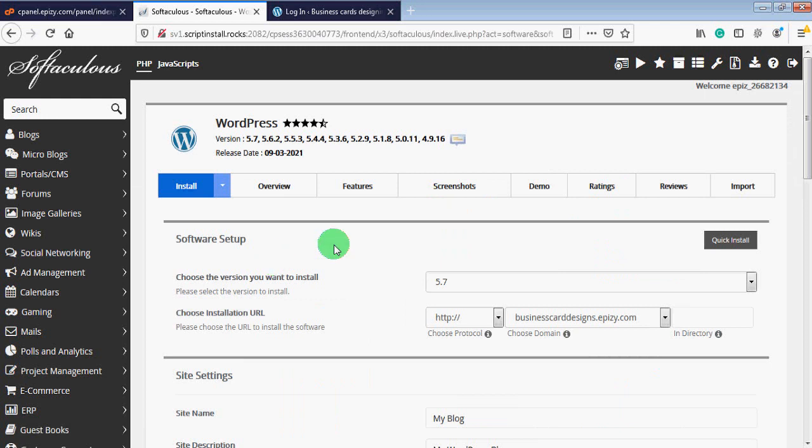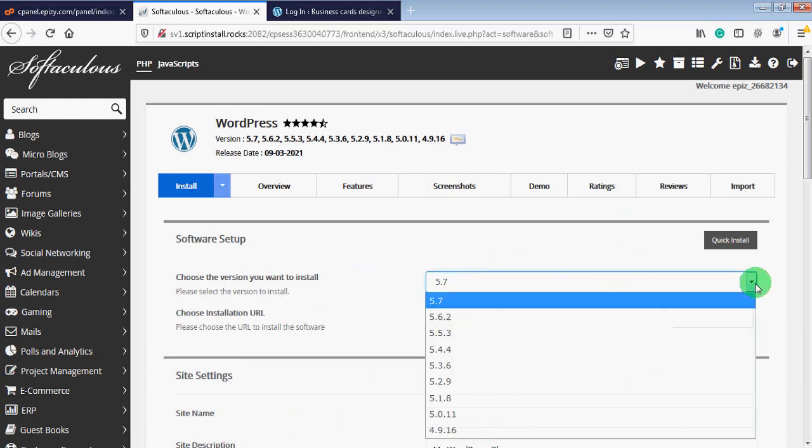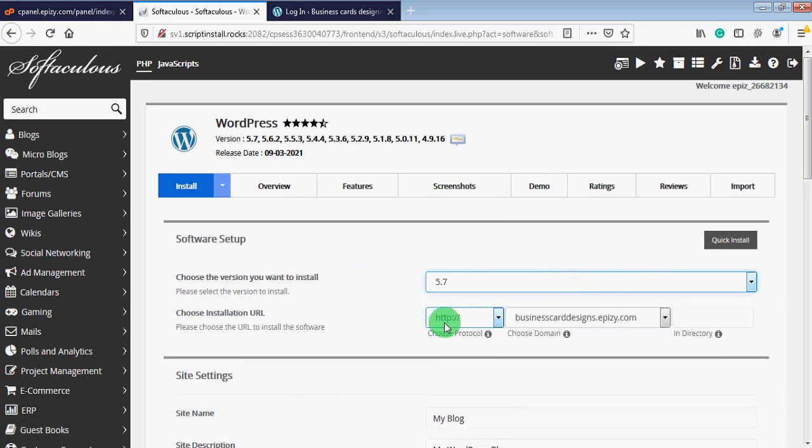Now here the first thing you need to do is to make sure that the latest version of WordPress is selected. You will click on the drop down, and here you can see 5.7, the latest version is selected, and then make sure to select HTTPS from here. Just click on the drop down and select HTTPS. Then the next thing is here in the directory field, if you see WP, just remove that and make sure to make this field blank. Then scroll down,